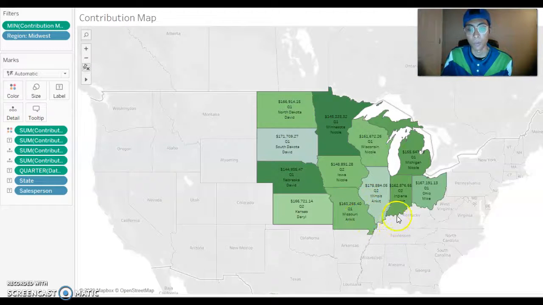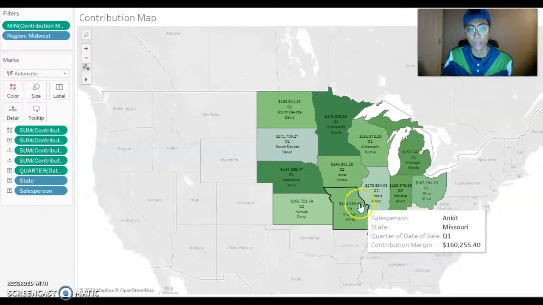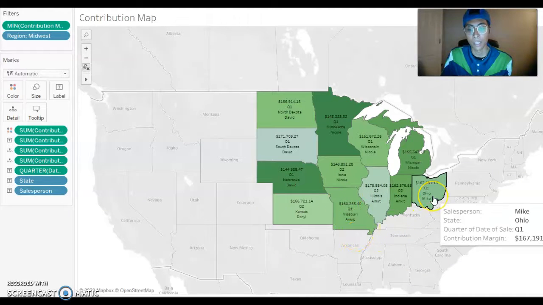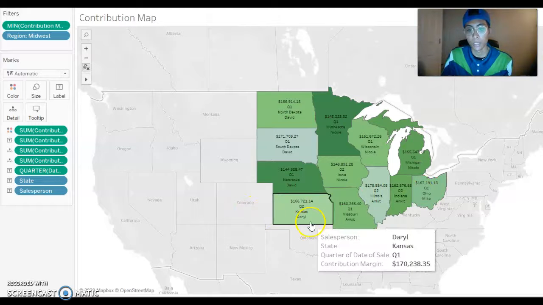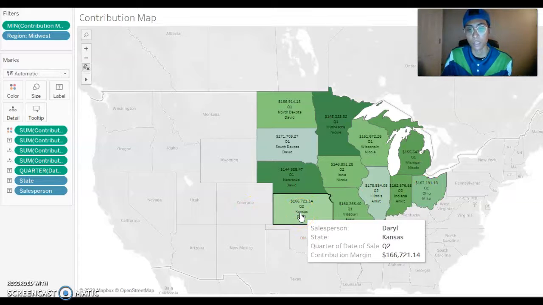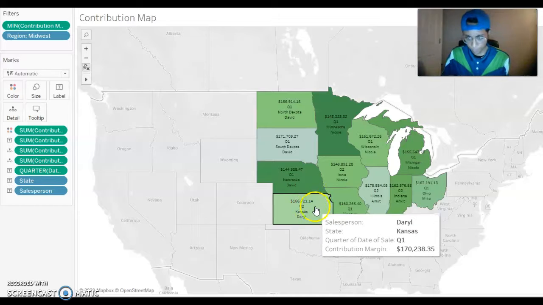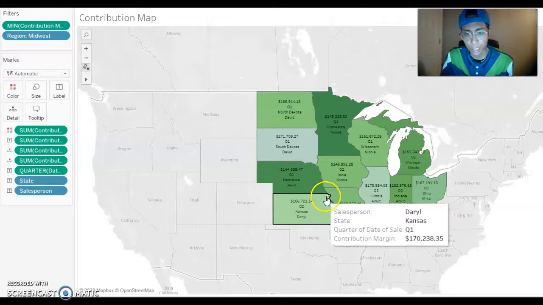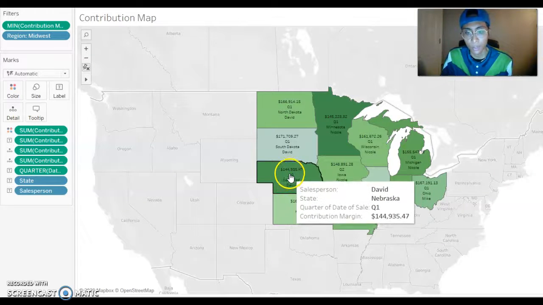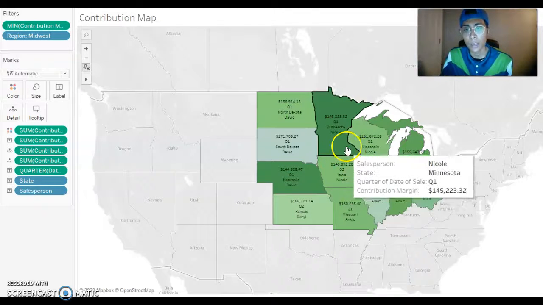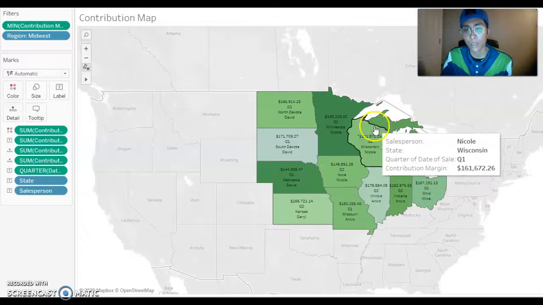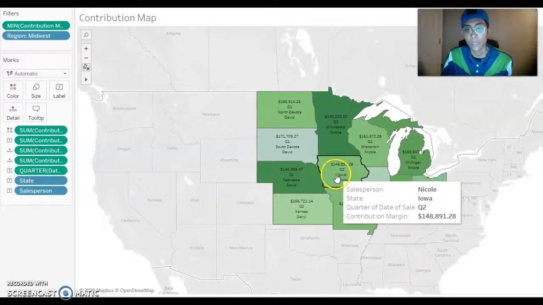What caused some curiosity was that I looked at Daryl's and Mike's numbers for their highest quarter, and it actually shows $167,191.13, and then Daryl's was $166,721.14, and that was very weird to me because I see these other places like David in Nebraska, his first quarter got 144,000. Nicole's highest quarter got 145,000. Her second quarter in a different state had 148,000